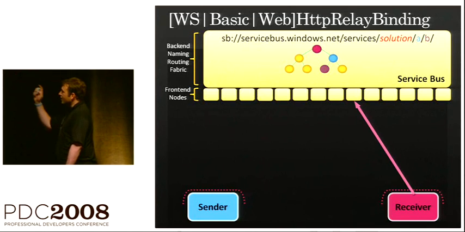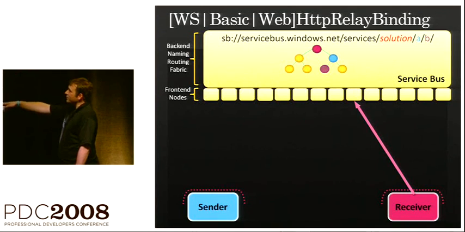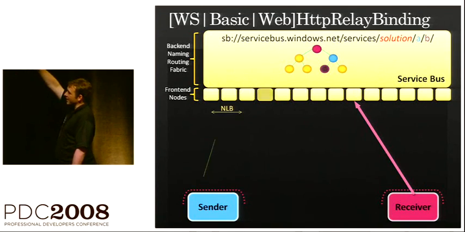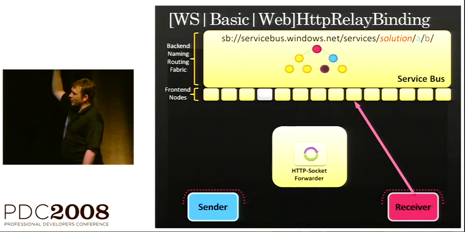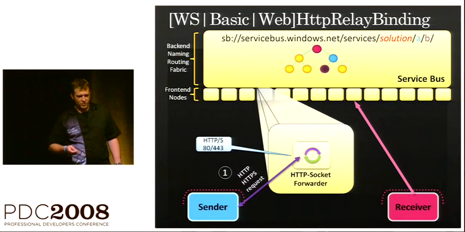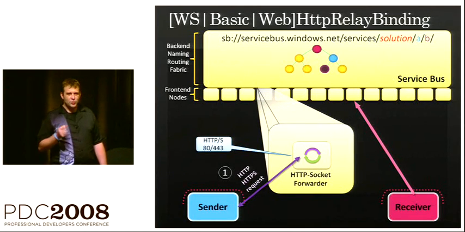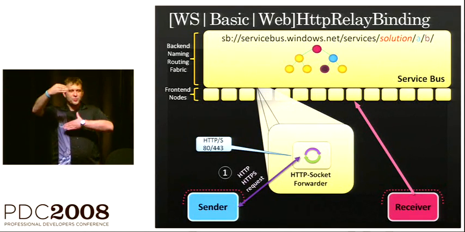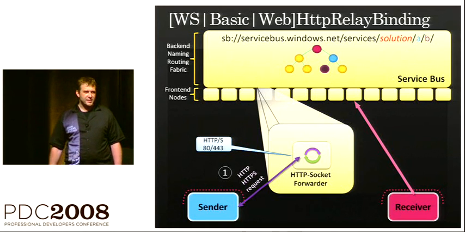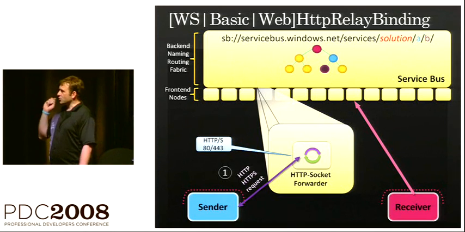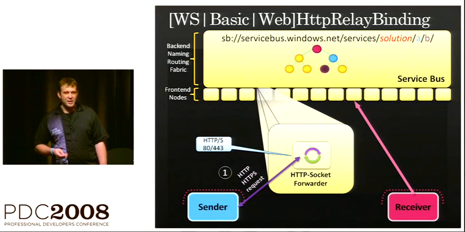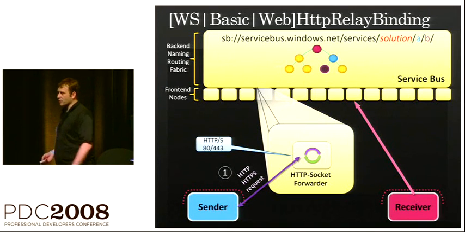See there. So the receiver, same thing, goes and registers. Sender gets load balanced, same dance that we had. Now we're hitting this HTTP socket forwarder. We differentiate between the protocols on the client side, and this is why we need separate ports. So this is being hit by HTTP or HTTPS requests. So you basically come on with a request.